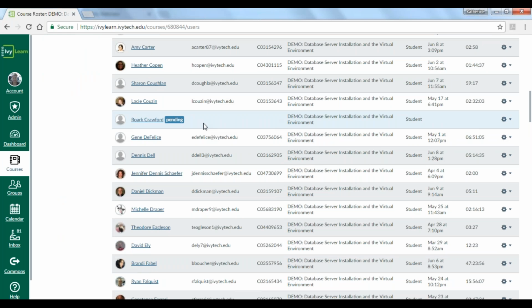He has never logged into the course, and I know that because there'll be a little sign here, and there also will be missing information here, and over here, the last attendance date will be blank. So this is a good indicator to me that this person has not logged into the course and they haven't attended.